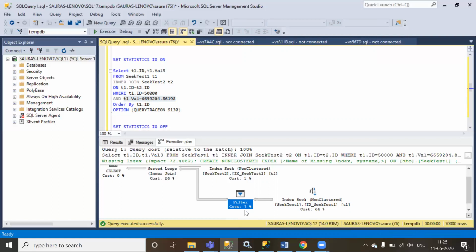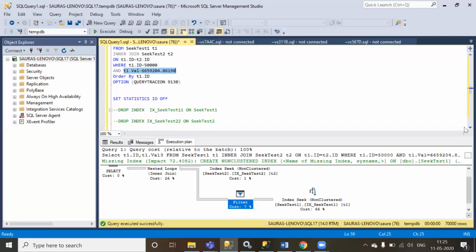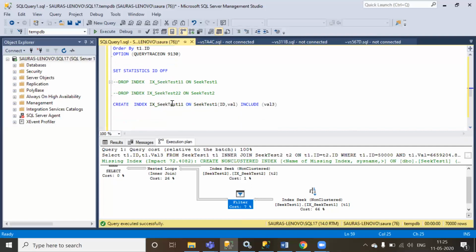It has the residual predicate, and if we remove this residual predicate and modify our index a bit, we can actually improve the performance of our query. So in order to do that, I'm going to create one more index here on the seek test1 table, and this time I'll include the id and val columns in the key list, and the val3 column will still remain in the include list.